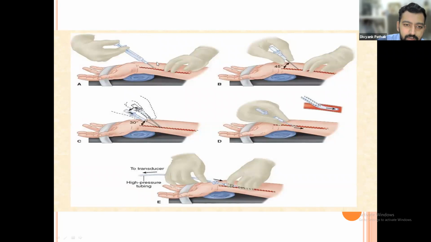I'll describe it. First, you have to palpate the pulse. If we are cannulating the radial artery, you have to palpate the pulse with the other hand. With the main hand, you have to identify or visualize the radial artery as a straight line, and just proximal to the palpation of your hand, you have to prick at 45 degrees. And as you prick, you turn the needle slightly downwards to 30 degrees so that you can progress it forward.